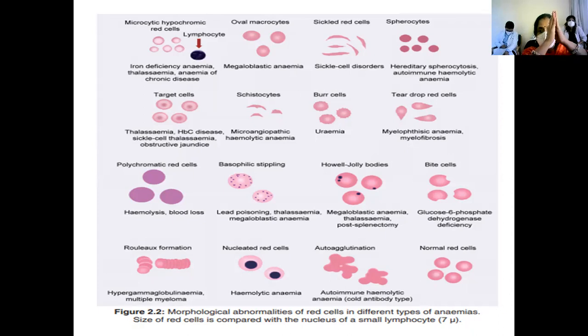When we talk about ESR, I've told you the first stage is rouleau formation. Why rouleau? Because of all these factors and globulins that are there. Then because they're heavy, they settle. That's why in multiple myeloma, ESR is markedly raised. The nucleated red cells, we were talking about the siblings and all that, the elder siblings. They're normally not seen in the peripheral smear. If they're released into the peripheral smear, that talks about the severity of anemia.